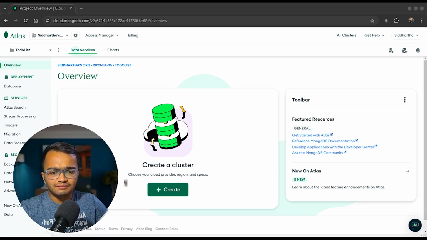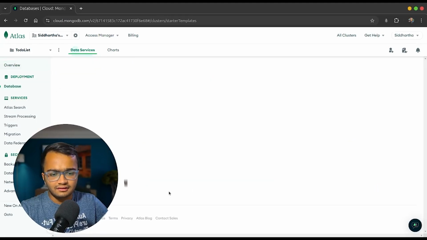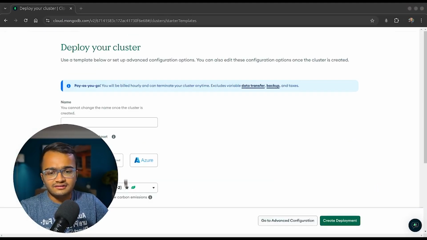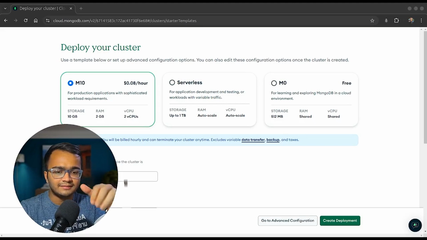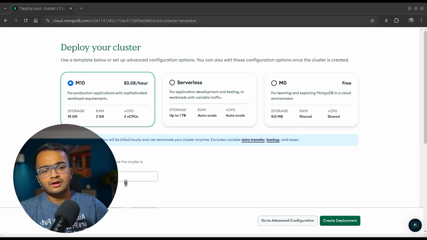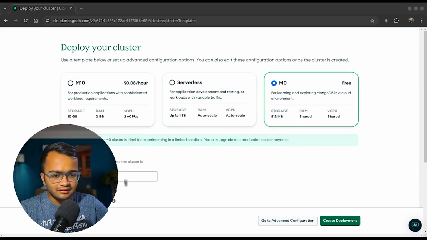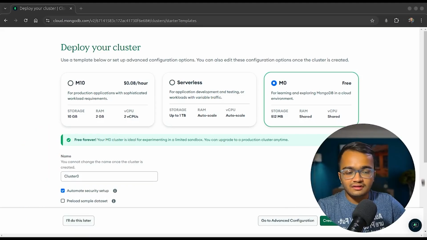Now once this is done, you have to click on create a cluster. Once you're creating a cluster, you are actually allocating or accessing some space from the database which is owned by MongoDB. From here, you can see that there are three types of plans available: M10, serverless and M0. In our case, we will be using the M0 one, which is free. So I will just shift my video this side, right? Once you click on M0,